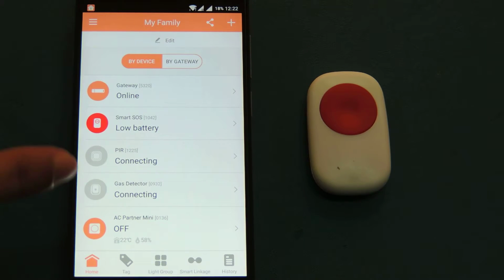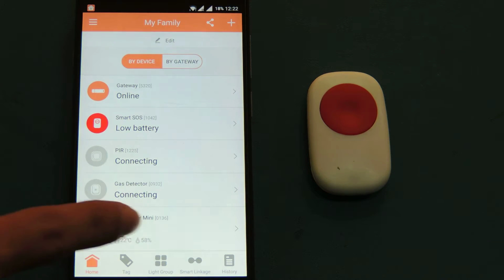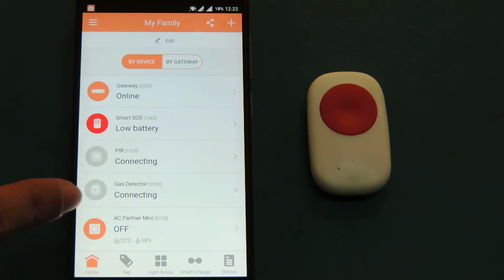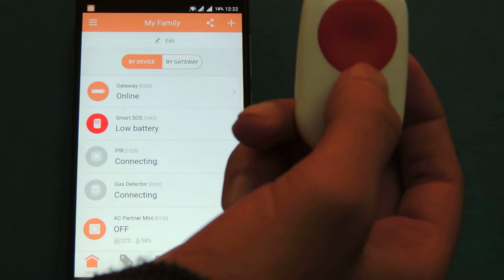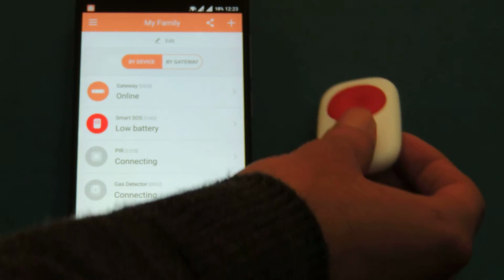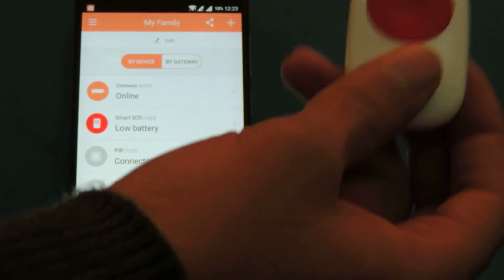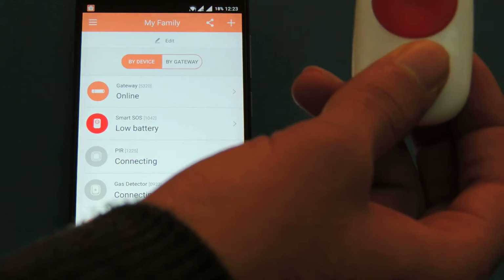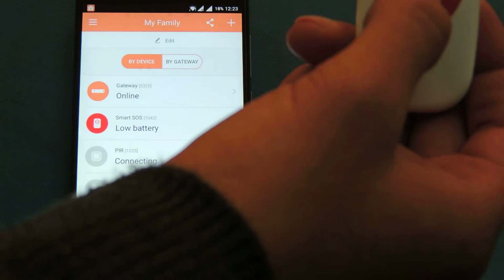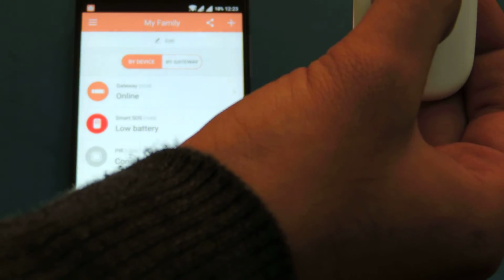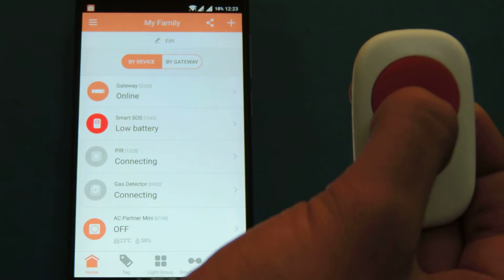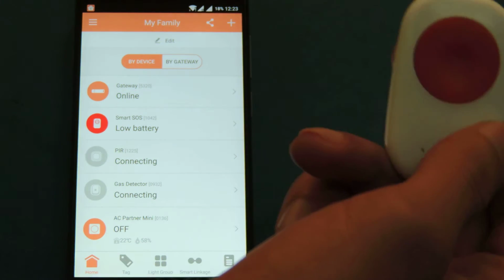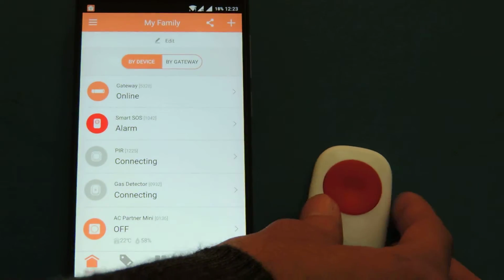Here we have the application. This shows the user interface of the application that is on my smartphone. Here is the SOS device which is used for the emergency purposes. So for example, if any family member or any member pushes this button in any distress or any situation, for example, I have just pushed the button, so the notification